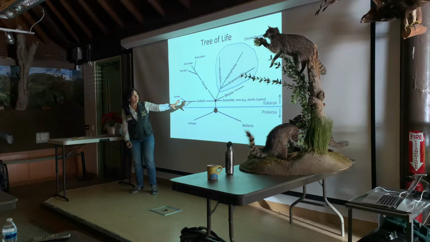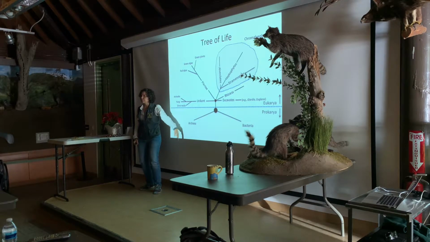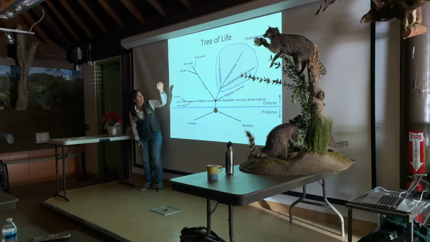Okay, so we have this big group called eukarya. This is everything with big, complicated cells. And everything down here are prokarya, things with small, simple cells. Of all the things with big, complicated cells, here are the animals, and we are in there. Also in here are the fungi. They have big, complicated cells, but we're different. Plants have big, complicated cells. Algae, right?